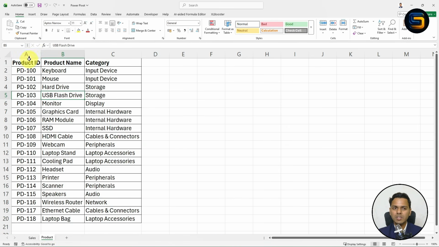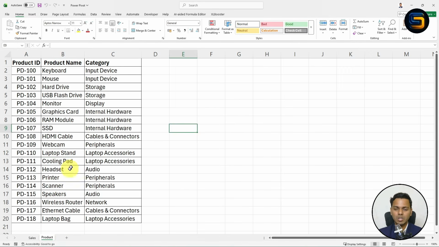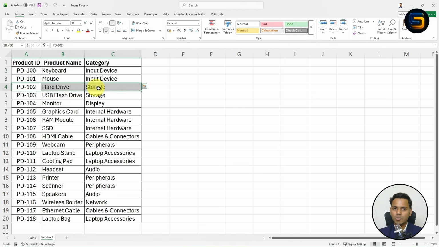Now, if you observe carefully, this product ID column has the product name and category. So basically, inside this product data, the product IDs are unique. Means there is no repetition of the product ID. If you observe carefully, inside the sales data set, the product IDs are repeated. PD110 is repeated. Look here. In the same way, PD115 is repeated. In the same way, PD117. Means inside the sales data set, the product IDs are repeated. But if you go to the product data, the product IDs are not repeated. Means the product ID column consists of unique product IDs. In the same way, these are the product name as well as category. So look here, you need to understand the data.